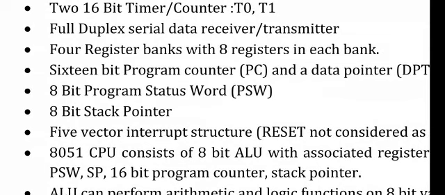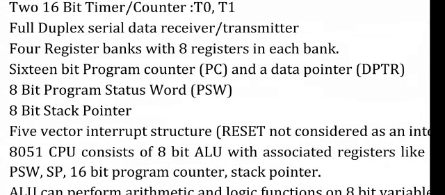Another 16-bit register available with the 8051 is called the data pointer, DPTR, which is normally used for the external memory. To take data from the external memory or transfer data with the external memory, we use the DPTR. DPTR also holds the address of the external memory. When we learn how the external memory interfaces with the microprocessor, at that time DPTR comes into the picture. But at present, it is a 16-bit register which has two parts, DP high and DP low, DPH and DPL.